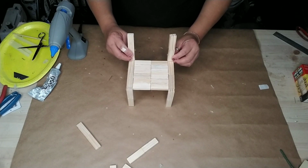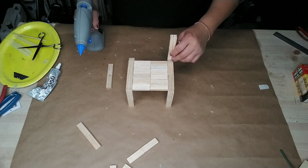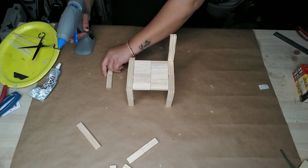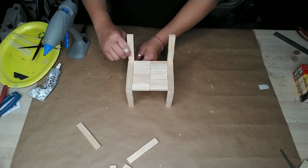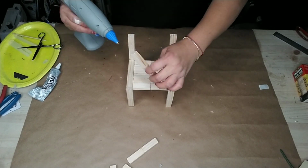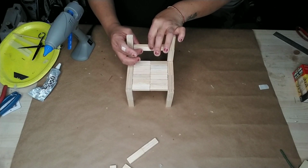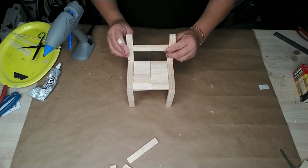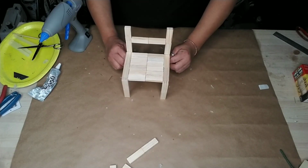But since we're doing the little beach theme kind of chair, or just a garden chair, we're going to go ahead and put the backing onto it. So what you're going to do is get 2 of the stacks together and glue them on top of the leg part. Then you're going to get another piece and glue it to the center of your backing, just like this. And then go ahead and grab another piece, and you're going to use it to glue it on the top of your chair backing,